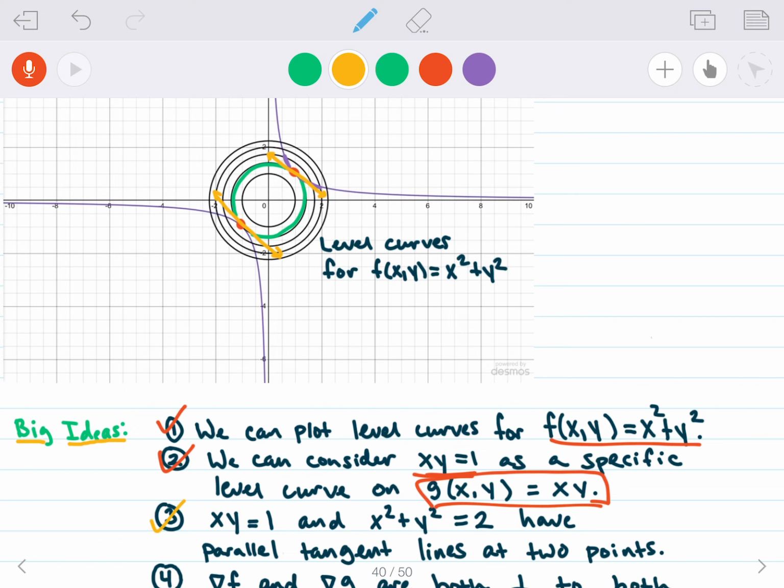The gradient was a vector that pointed in the direction of maximum ascent. Okay, so if we are considering this point right here, and we're thinking about which direction should I go to produce maximum ascent? Well, you're not going to go this way or this way, right? Because the idea here is to get to a higher height as quickly as possible, as direct as